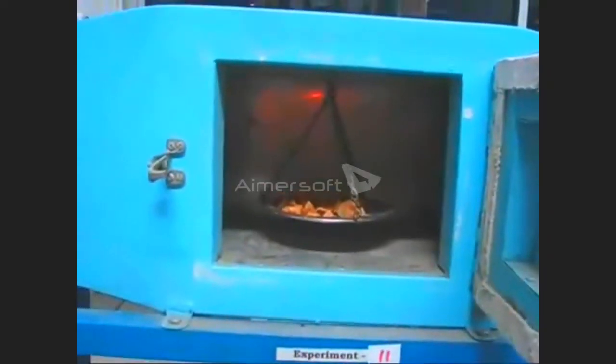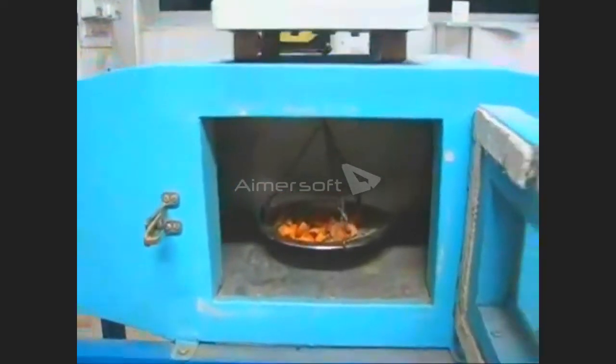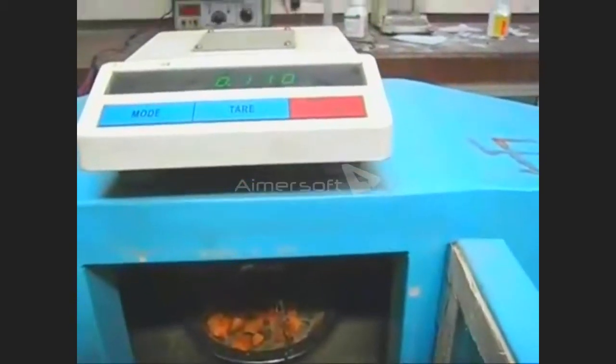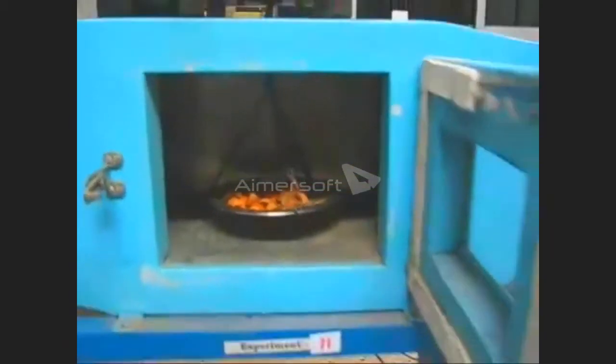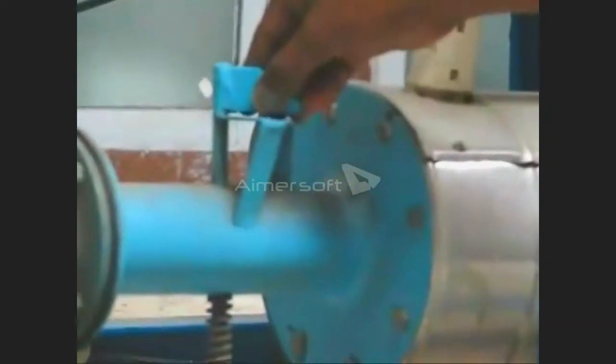Take out this tray and pour 10 ml of water. Now the balance weighs 110. We fix the flow rate valve and take different readings after a fixed number of time.